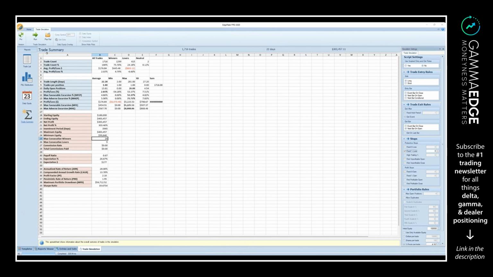Now, if I turn that 8% stop loss on, and 8% is completely arbitrary, you now see I'm 25 and 24. The point here isn't that they're 25 and 24. The point is, are you prepared as a trader to stick with a strategy where you've had 23 consecutive losses?